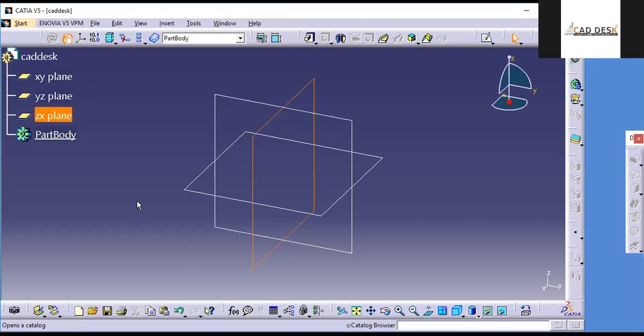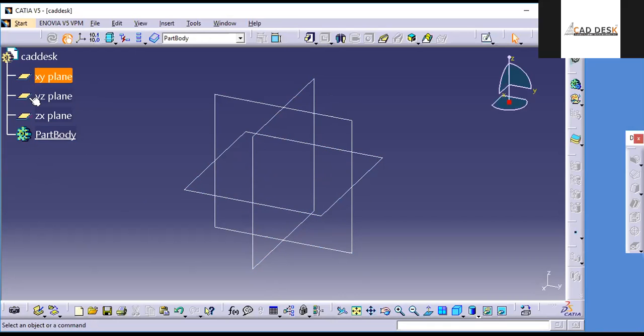Now, if I talk about CATIA, it's a feature-based software and a fully parametric software. Feature-based means part modeling will be done through adding features. Suppose hole is a feature, thread is a feature. So different types of features are there. Whatever features you add to that part will all be listed out over here. Next, we will proceed to do the design or part modeling.